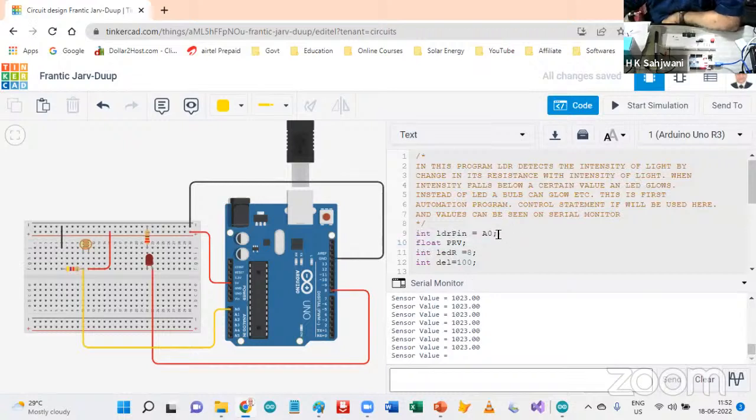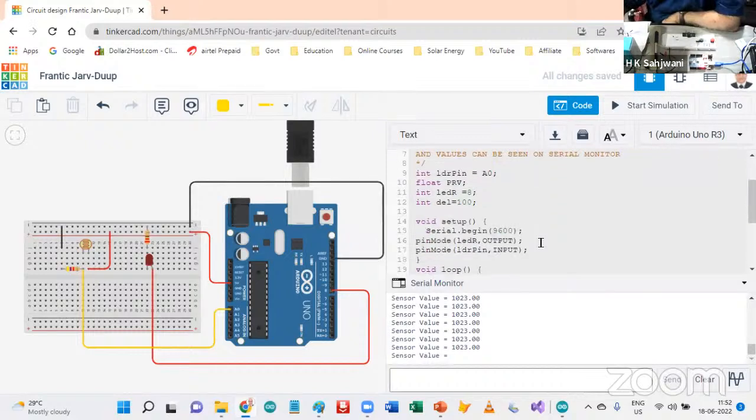LDR pin is connected to A0. Float PR, this is LDR. LED we have connected to pin number 8. And then in void setup, we have started Serial.begin. Serial.begin is used to see the values which we are reading on the